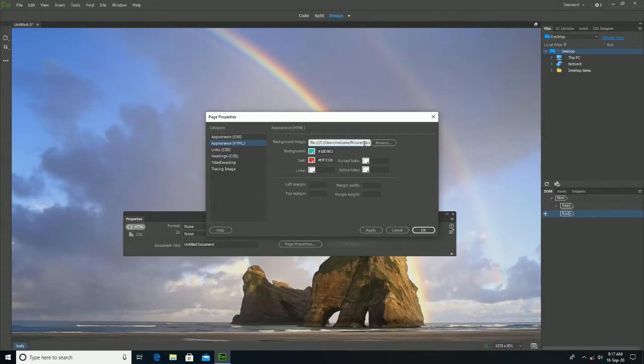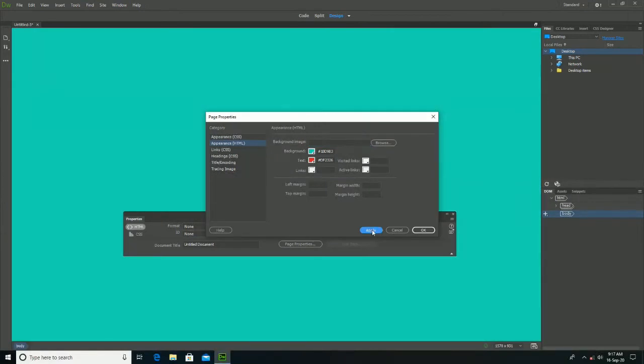So to remove the background image, just erase the background image text box and click on the apply. The image will be removed.